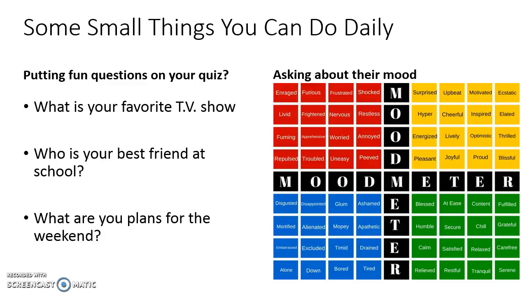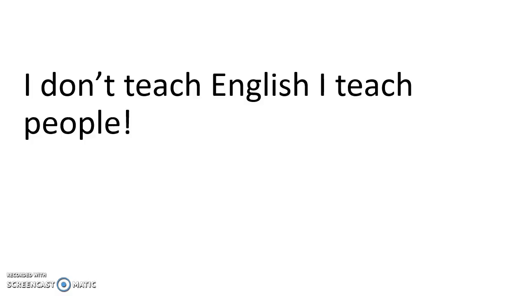Then also as a part of my do now process, you guys are familiar with the mood meter. This is one that I found very, very useful because it gives them specific language to describe their feelings. So as opposed to just saying, hey, I feel kind of blue today, I can say that I feel drained or apathetic or maybe even alienated. And again, me asking them on do nows to circle one of these words is very useful in fostering the conversation that follows.